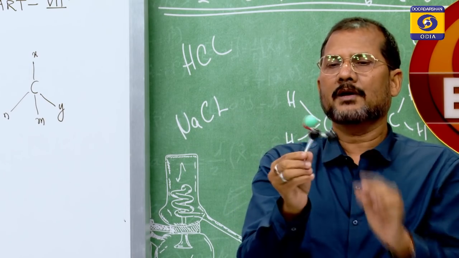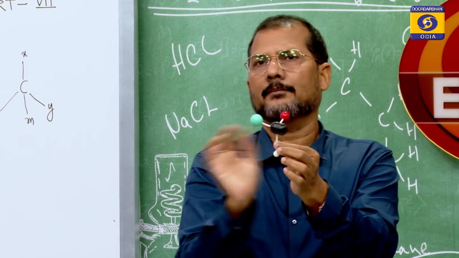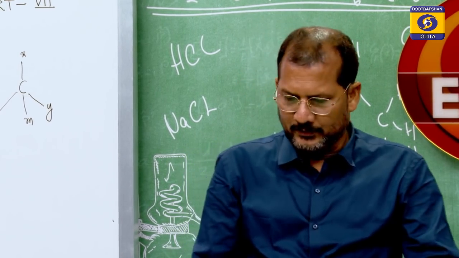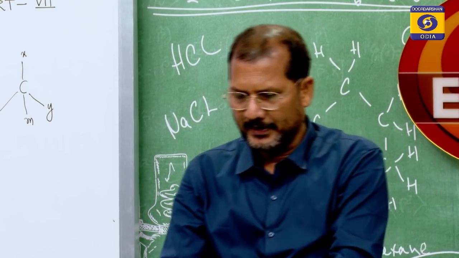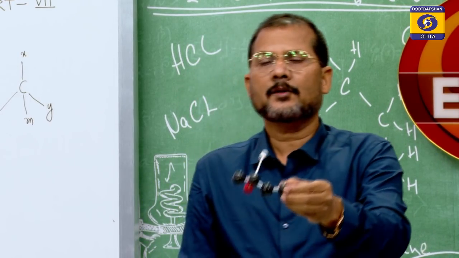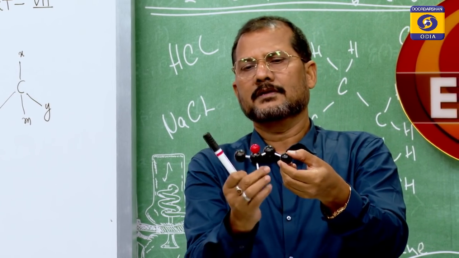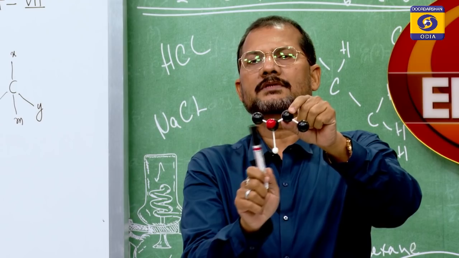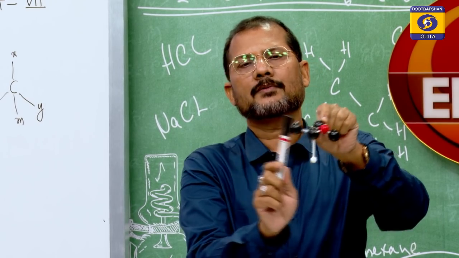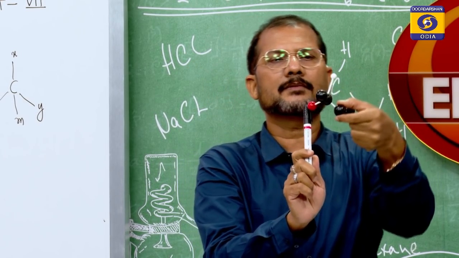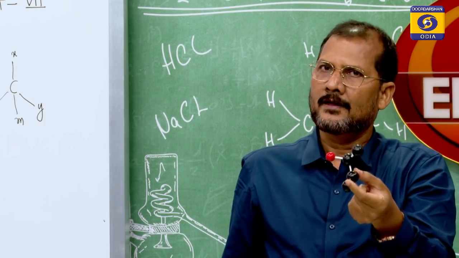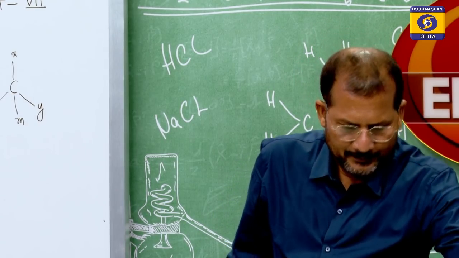This molecule we cannot divide equally into two halves. Since we cannot divide it equally into two halves, it is an optically active compound. This is an optically active compound, you can see. Think of this carbon atom. This carbon atom, this group is different from this group, is different from this group, and different from this group. So, this is an optically active compound.